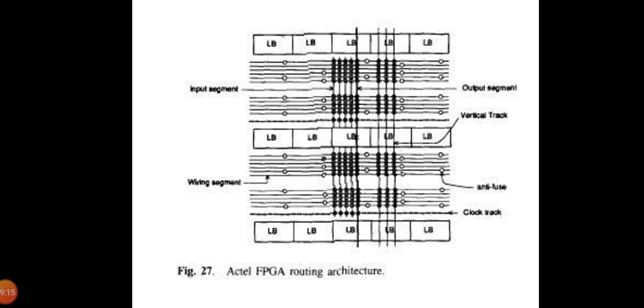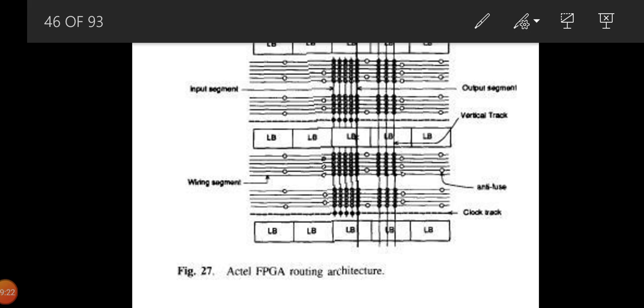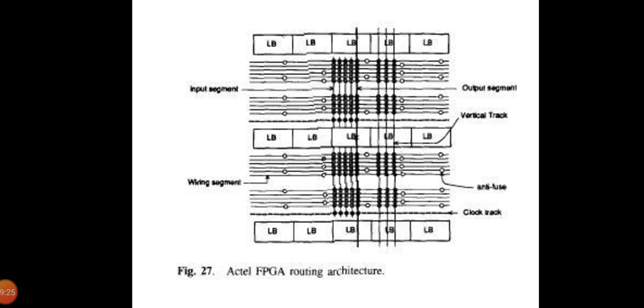A statistical analysis of many different layouts determines the optimum number and length of the wire segments. The Act1 interconnect architecture uses 22 horizontal tracks per channel for signal routing and 3 tracks dedicated to VDD, ground and the global clock, making a total of 25 tracks per channel. Horizontal segments vary in length from 4 columns of logic modules to the entire row of modules. So Actel calls these long segments long lines.